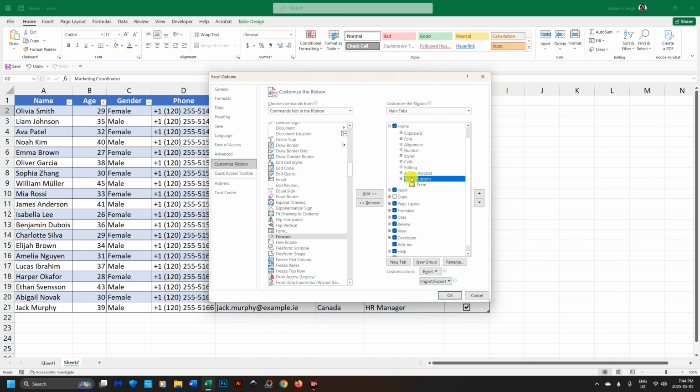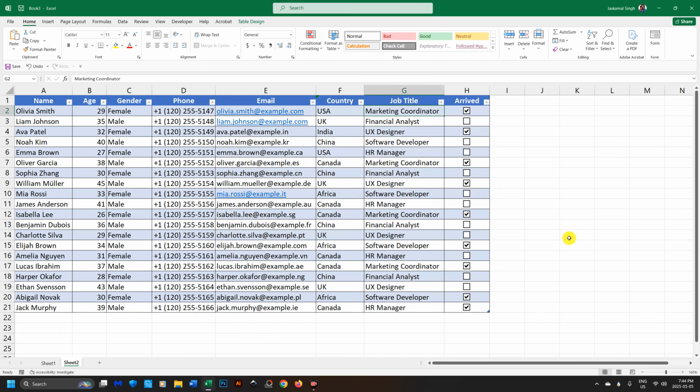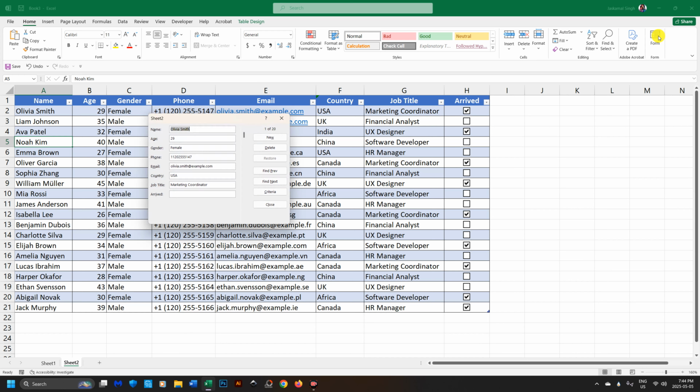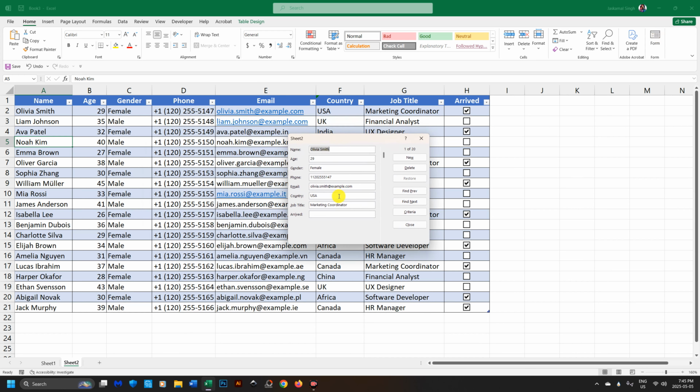So here you go. In your form group, you have your form function available for you. Once you click OK, as you can see here on the right side, I have my form available for me, right? So since the table is already created, click on the form,